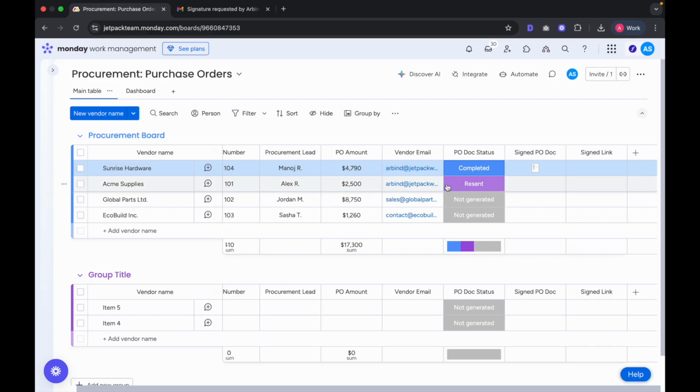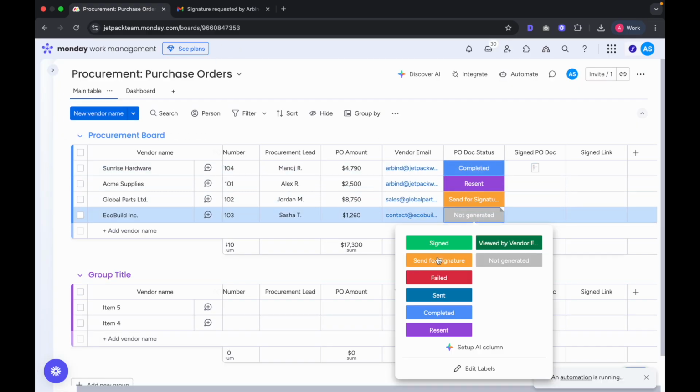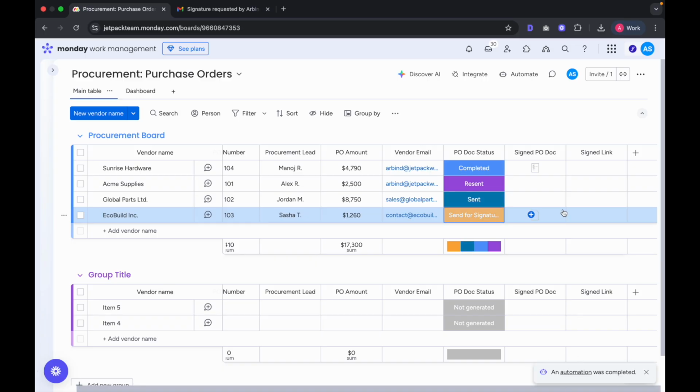You can follow the same process for any purchase order you want signed. If you're managing procurement in Monday.com, this is the simplest way to bring speed, structure, and accountability to your PO